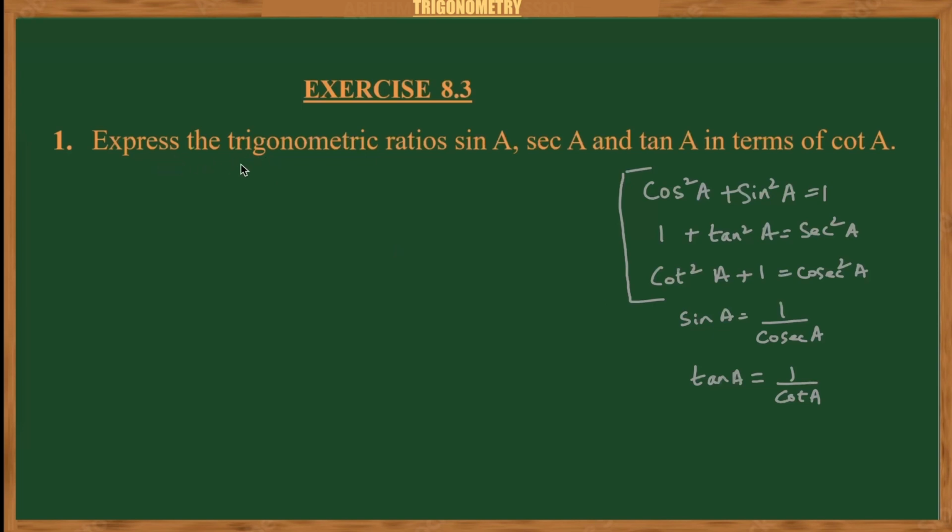What it says is express the trigonometric ratios sin A, secant A, tan A in terms of cot. So we need to express these three given ratios in terms of cot A. So let's start with our sin A. So sin A, let's express, we have the identity sin A is equal to inverse of cosecant A. So let's put it here, cosecant